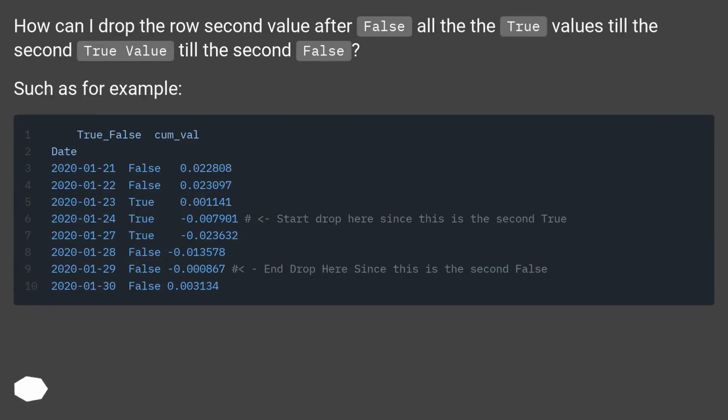How can I drop the row second value after false, all of the true values till the second true value, till the second false? Such as for example,